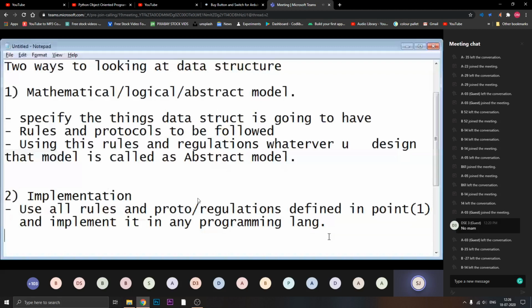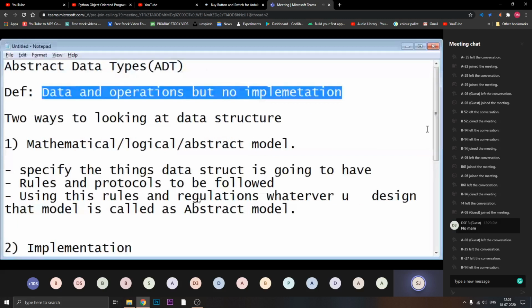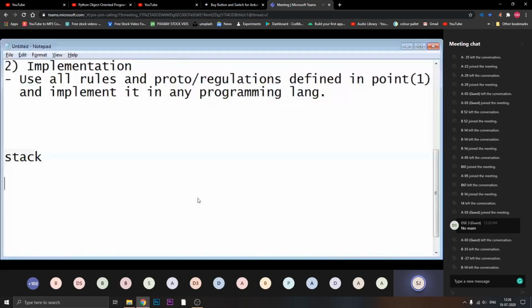Any data type or data structure you can write as an abstract view. For example, if I am considering a stack, I can write the stack as an ADT, abstract data type, and also I can write a stack program using, say, an array.